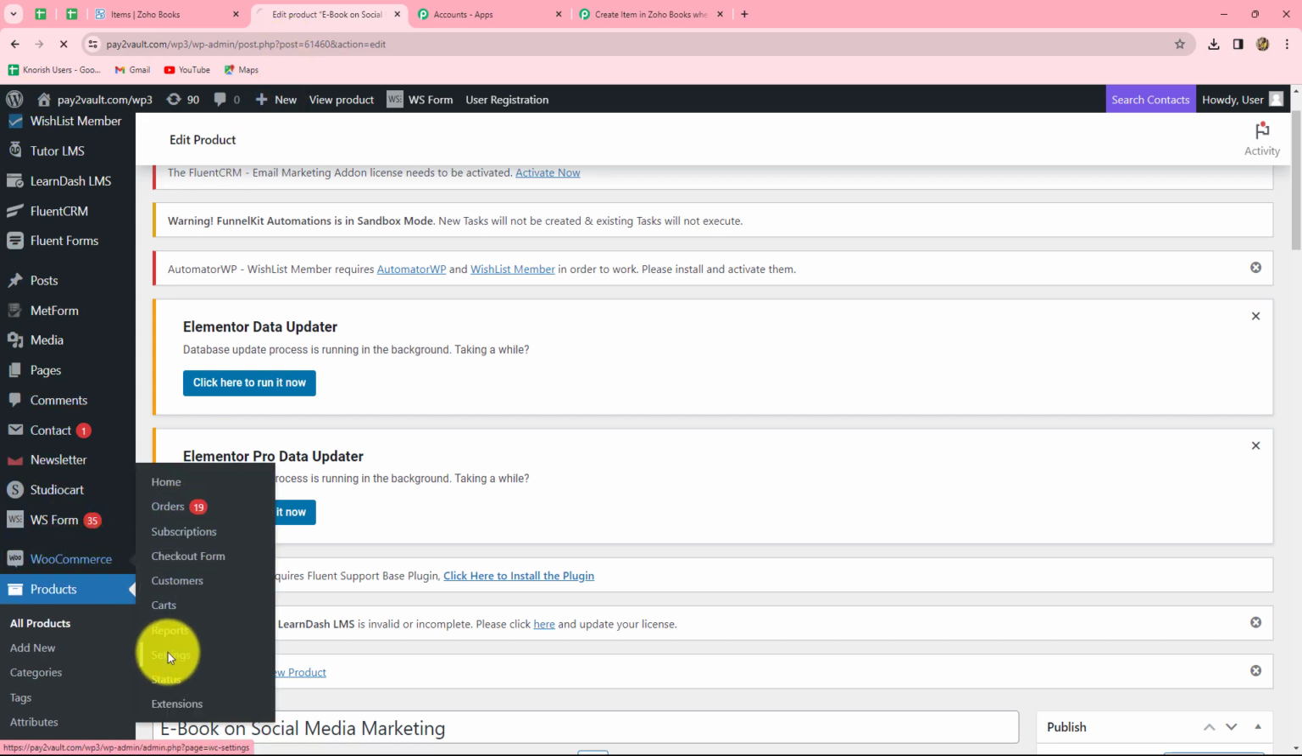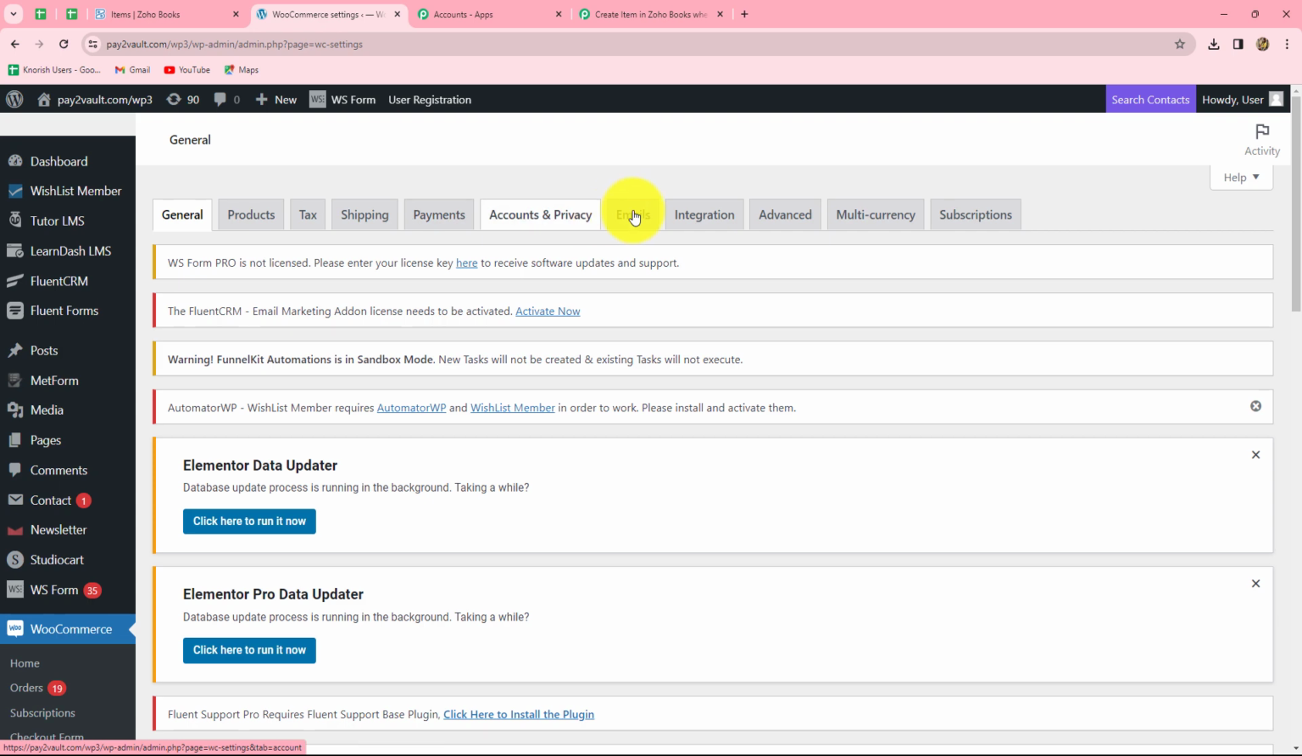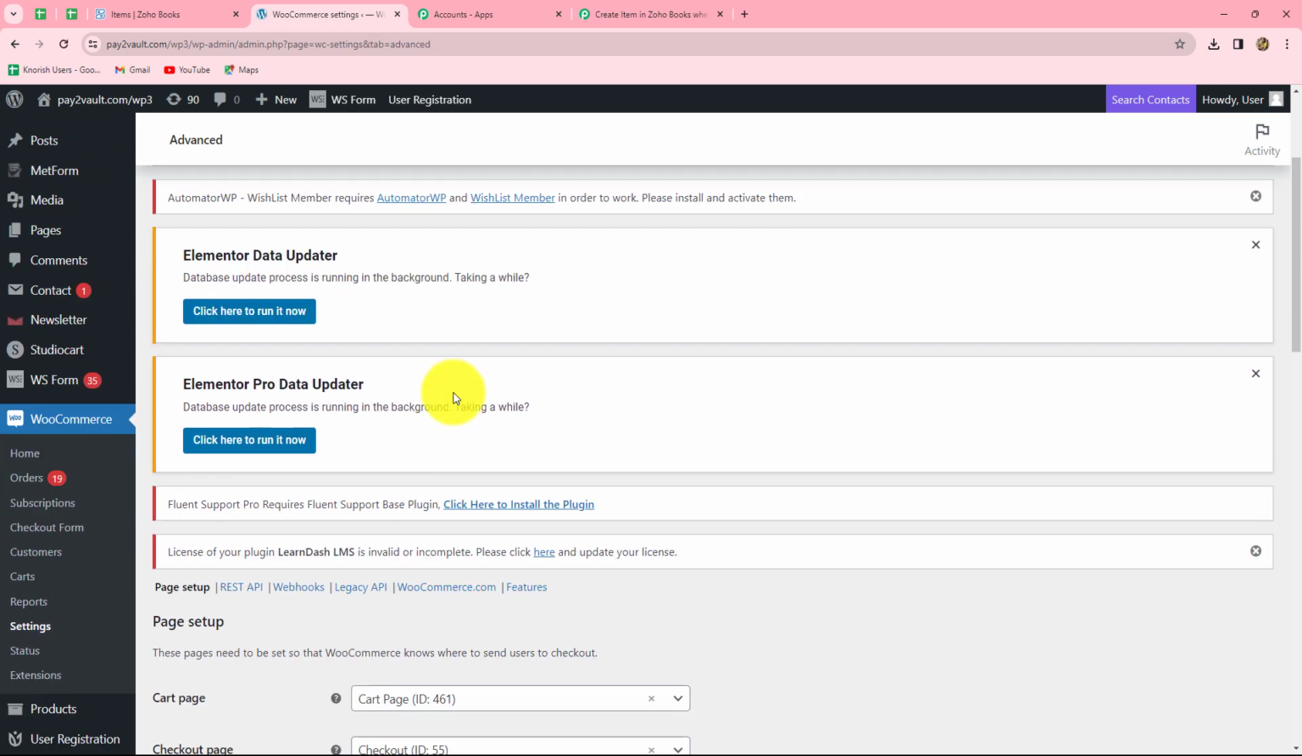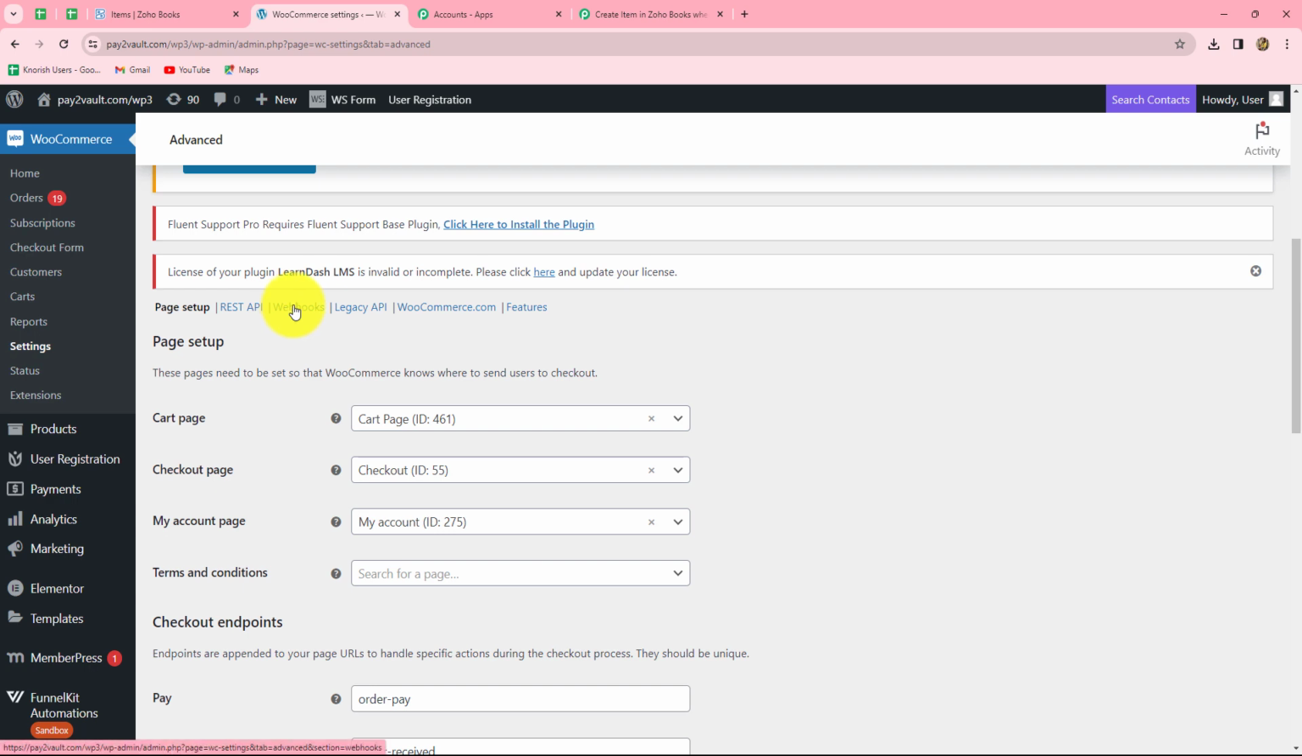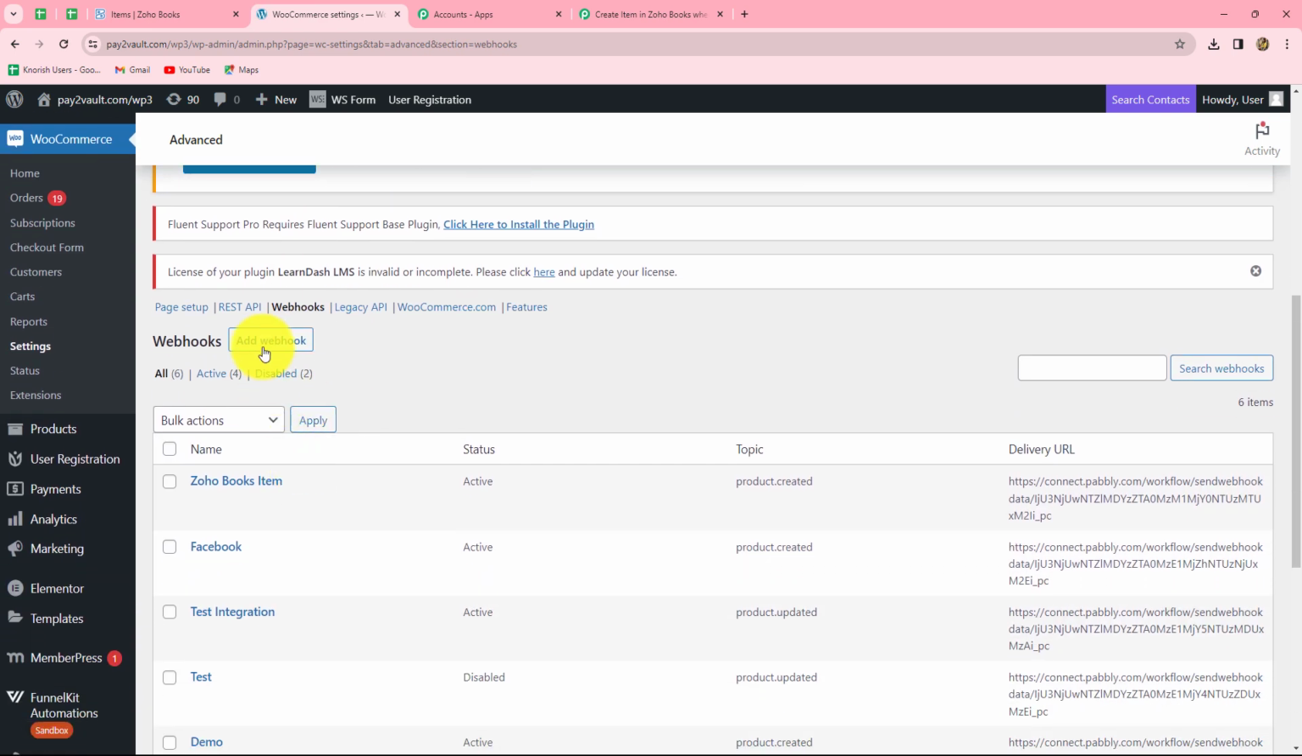First of all, I will take you towards my WooCommerce store, and after coming on WooCommerce, we have to go towards the settings section. After coming on settings, we will find the option of advanced from the top. We will select that, and after coming on advanced, here is the option of webhooks. We will have to select the webhook option, and in order to add a new webhook, we will click on